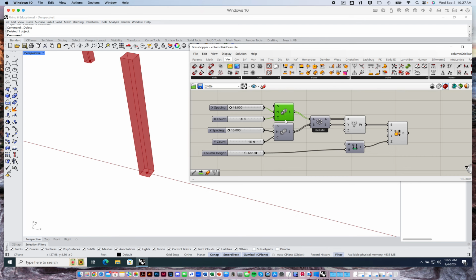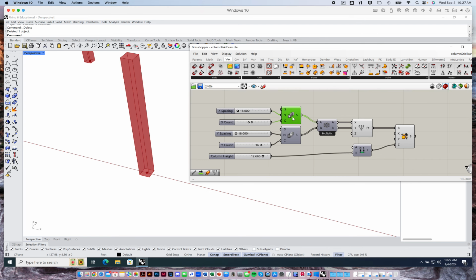I'm generating a list of numbers, an ordered list of numbers, right? I'm using the series command. So,